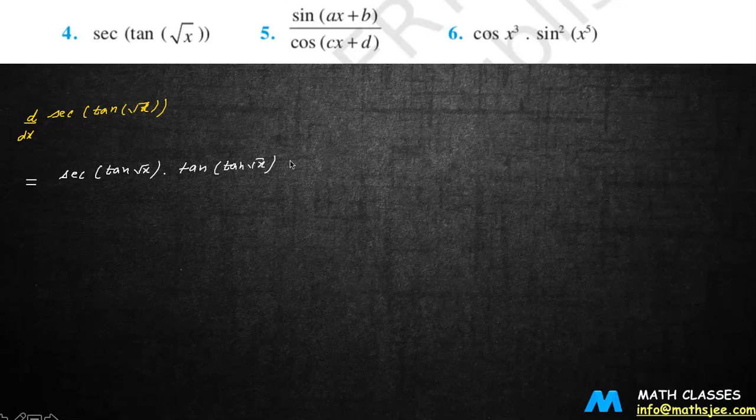Then it will be this into derivative of what, because we have just now covered the sec x, and now we will be coming to tan of this. So derivative of tan of root x, right? तो अगर आप सिर्फ डेरिवेटिव ऑफ tan ऑफ रूट x की बात करोगे, बिकॉज दिस इज द एक्सप्रेशन, ये तो एज इट इज रहेगा ही, ठीक है? वी डोंट नीड टू वरी अबाउट दिस. तो हमारे पास ये बचा हुआ है, सो लेट अस ट्राई टू फोकस ऑन दिस. So derivative of tan root x.